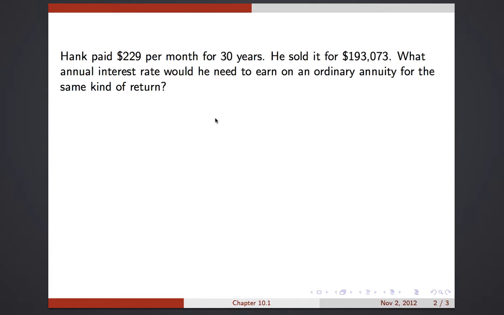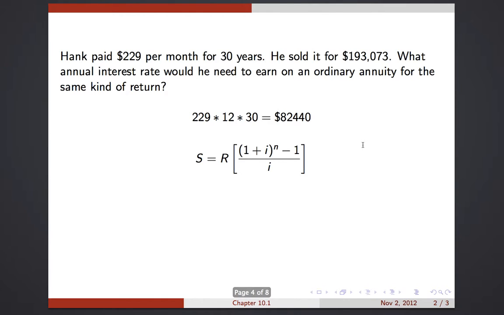And so let's just calculate how much money he himself invested. So he paid 229 bucks every month for 30 years for a total investment of 82 grand. So he sank 82 grand of his own money into this, and he sold it for 193 grand. So that's a profit of 101 grand, and he more than doubled his money on that profit. So not bad. So what kind of interest rate do you need to double your money, more than double your